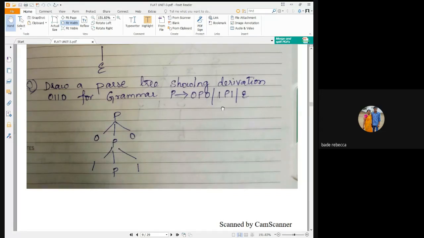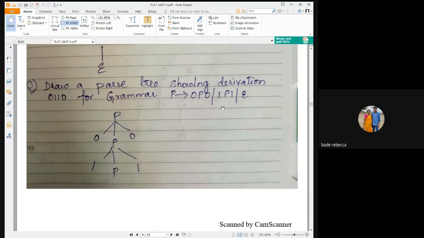For that, only one production rule is suitable: P implies 0P0. Hence, I am starting with P implies 0P0.